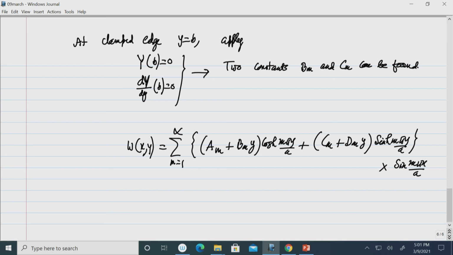So, in this way we can handle any unsymmetrical condition, only the computational effort may increase, definitely will increase because of the 4 constants involved. Okay. So, in conclusion, Levy's method is applied for a rectangular plate when two opposite edges are simply supported and the other two edges may have any boundary condition, and it yields the exact solution of the plate problem. That is the first thing we learned from Levy's method.